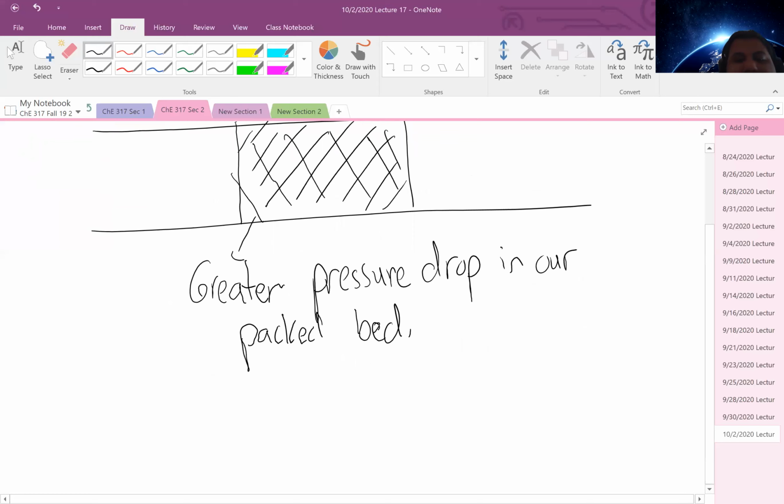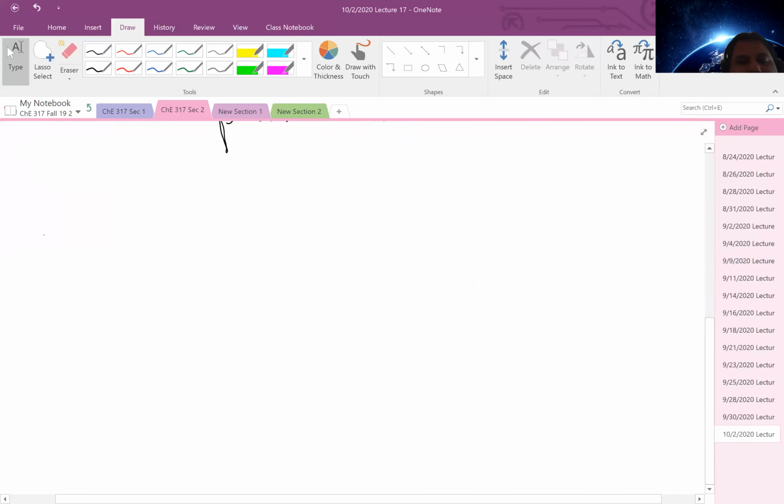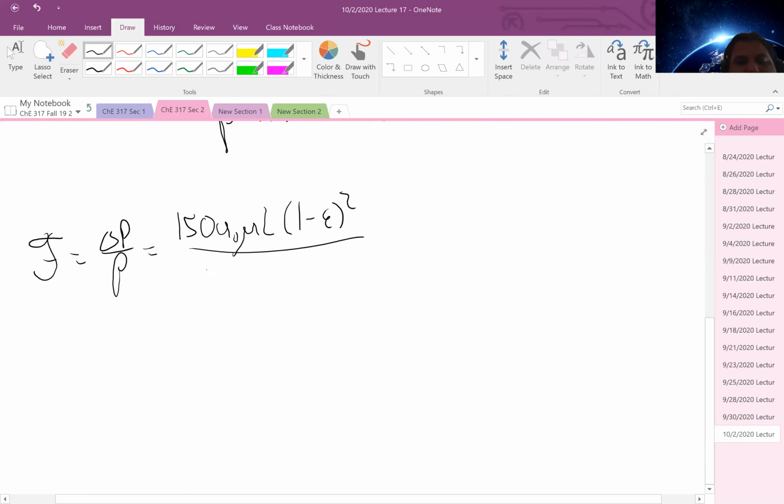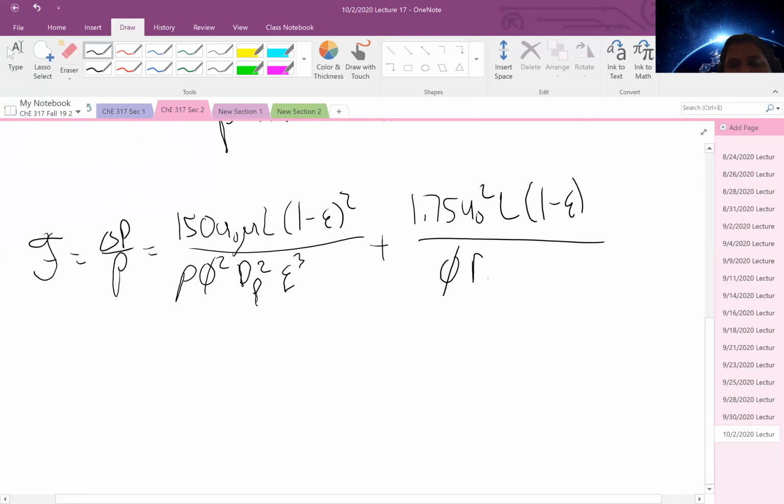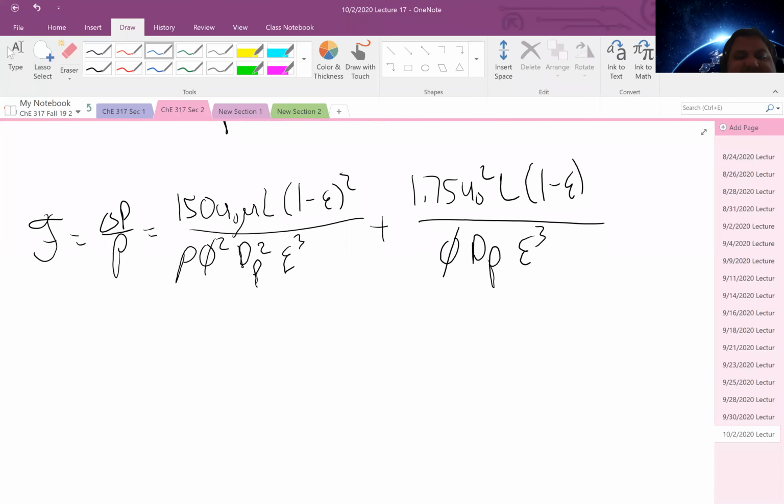And to quantify that frictional dissipation, we can use the Ergun equation, which can be written like this: 1.75 velocity squared times our length, 1 minus epsilon over our sphericity times the diameter of particle times our void fraction cubed. And in this we find